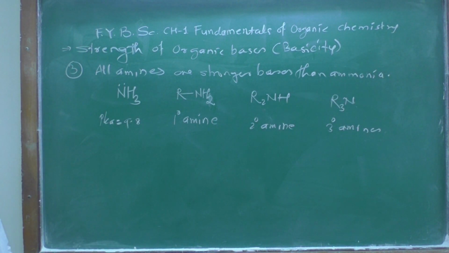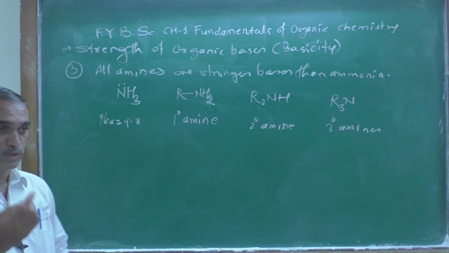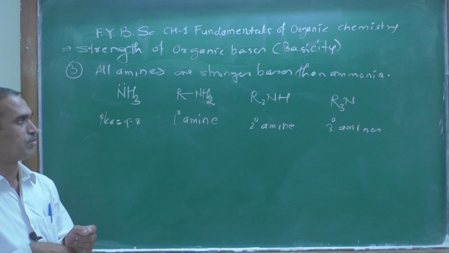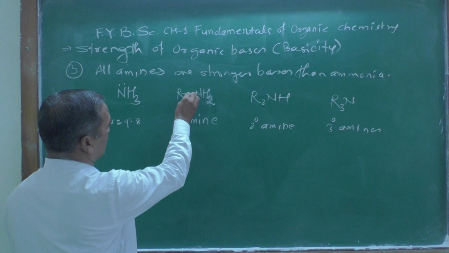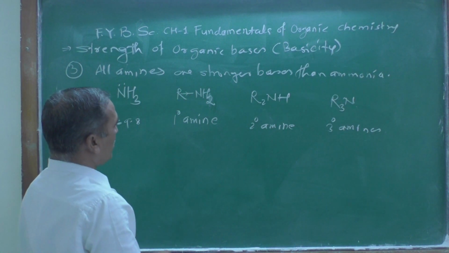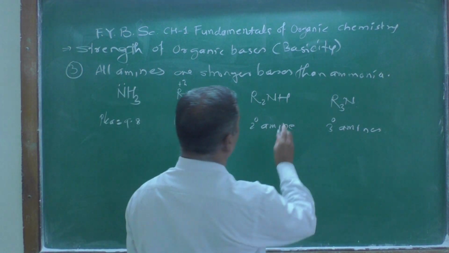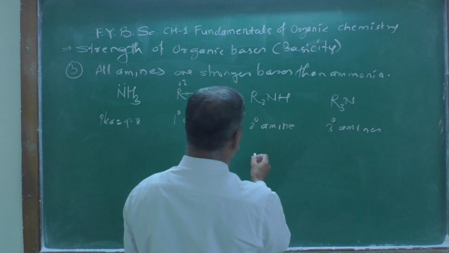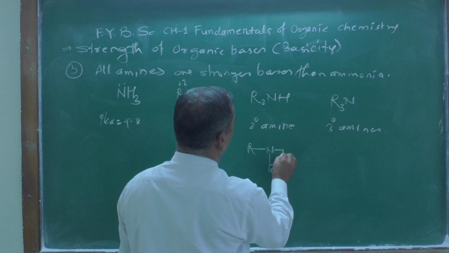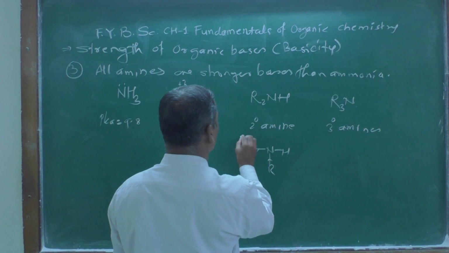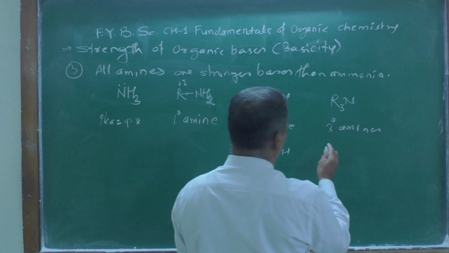Now if you look at this carefully, what do you see here? There is an R group. We know that an R group means an alkyl group, like methyl or ethyl. They are electron donating groups. This R group is an electron donating group, and therefore it exerts a plus I inductive effect. But in R2NH, for clarification, you can write RN with R and this is H. So two plus I effects are present, and therefore this one